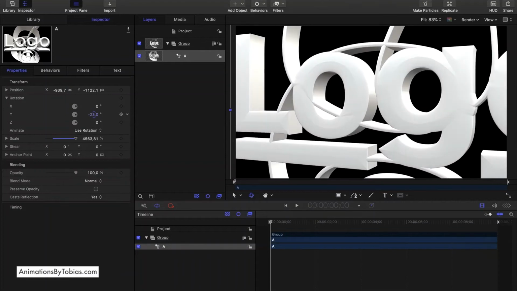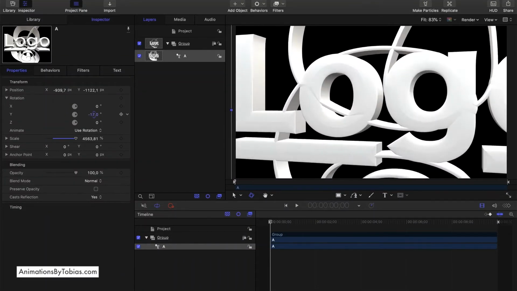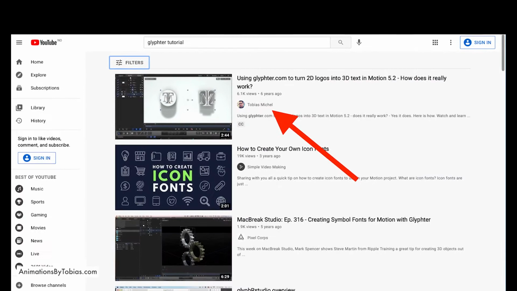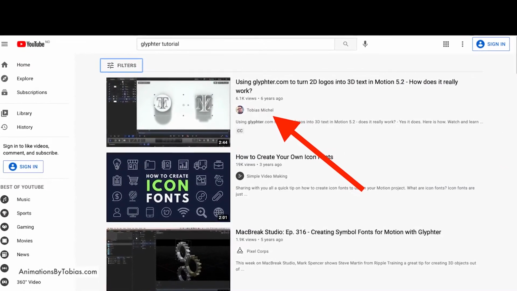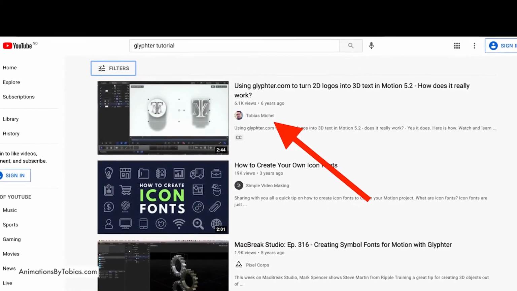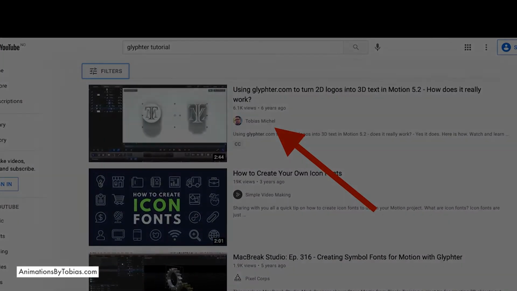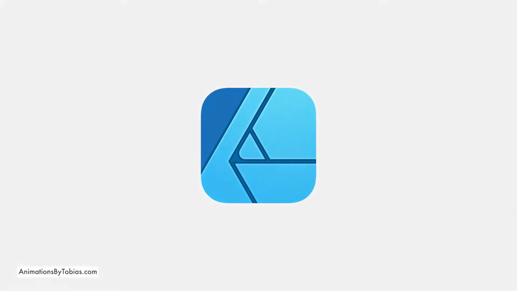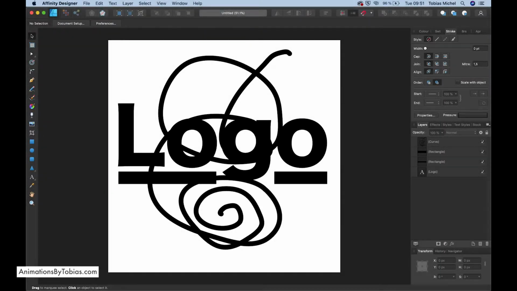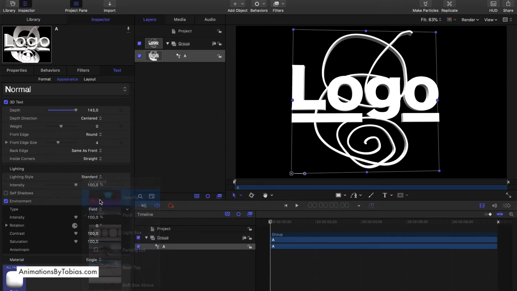Hi, my name is Tobias, and you might have seen my video about how to use Glyfter.com to turn an SVG into a 3D logo using Motion and Adobe Illustrator. Now, I've been told that it doesn't actually work with Affinity Designer, or that something is different. So I researched the whole thing, and the short answer is yes, Affinity Designer does work, but it's a bit